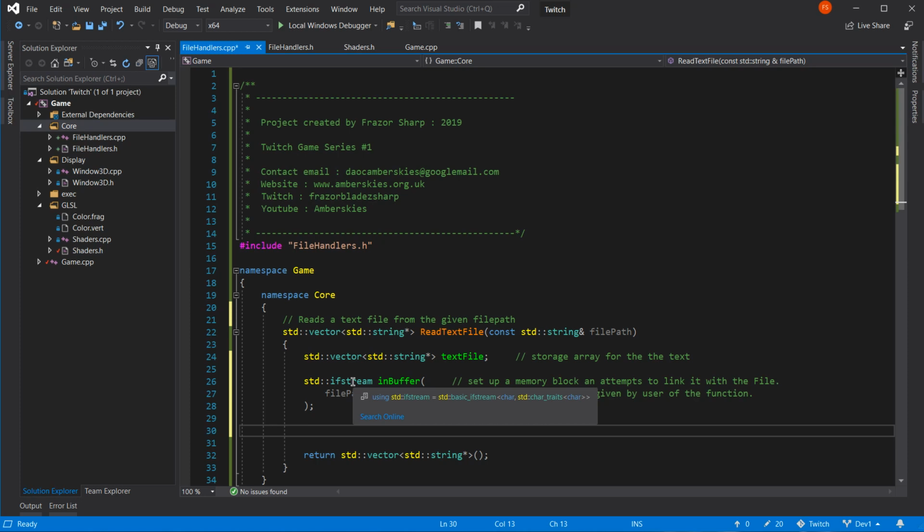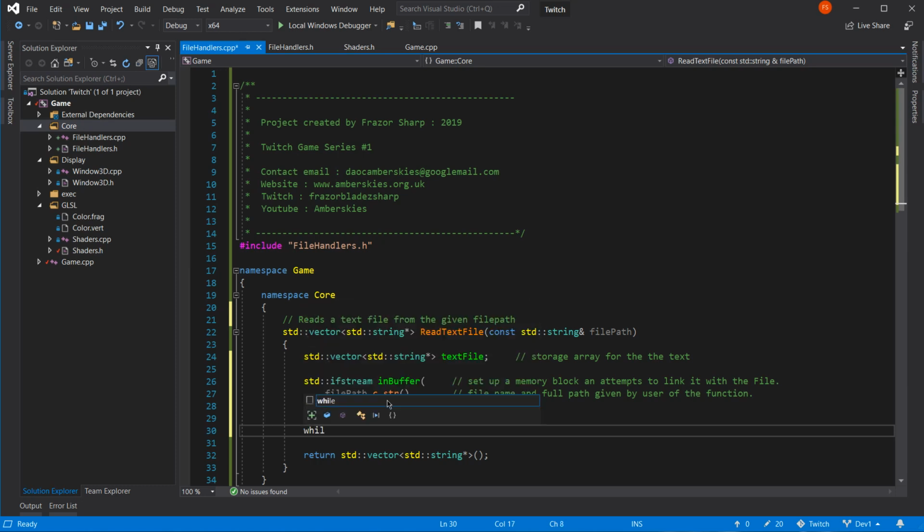Lovely. That's possibly why it needs it turning from a string into a C string, or character string, which is C, not C++. A char star type string.